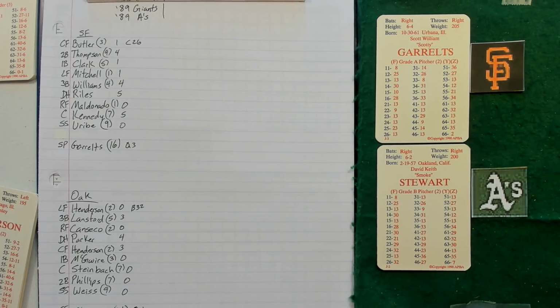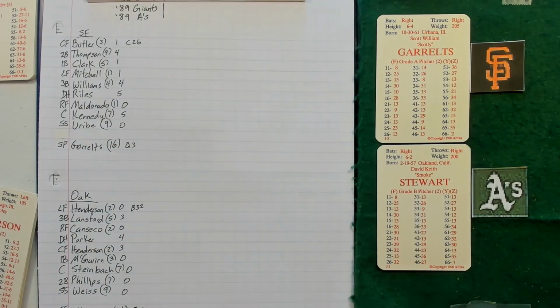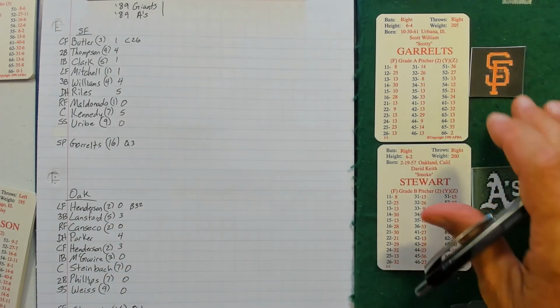So today I'm going to be playing the 1989 World Series Game 1 between the Giants and the A's. As you can see, it's going to be APBA, but I am going to be using the APBA Palmerino boards as I destroy my setup. Because that is